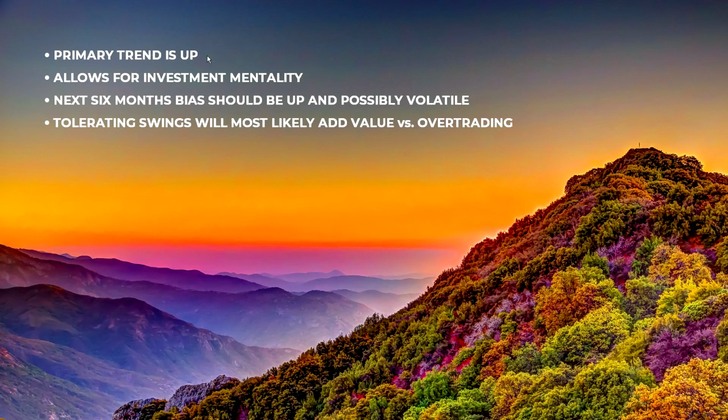To summarize, primary trend clearly up, not really debatable at this point, and we could withstand a lot of volatility, and this statement would still be factually correct. And thus, unlike 2022, we can take on a longer-term investment mentality. Have to have realistic expectations. The next 6 months or so, the bias should be up, but it might be volatile along the way,